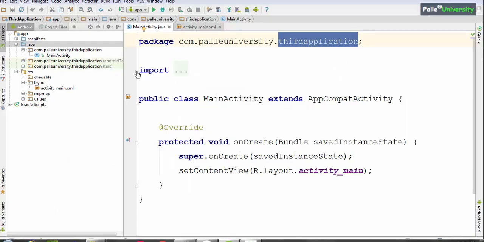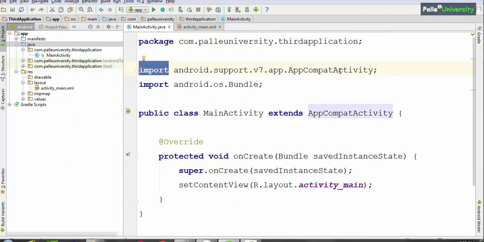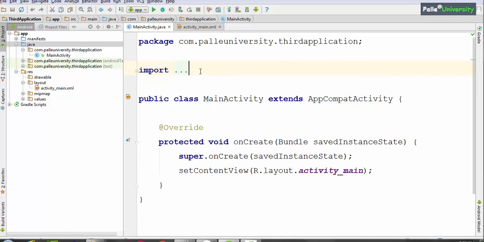So if I expand this import statement, you can observe we are importing or we are including that class so that after importing, programmer can use this class anywhere within his or her class. As of now, remember only this much.